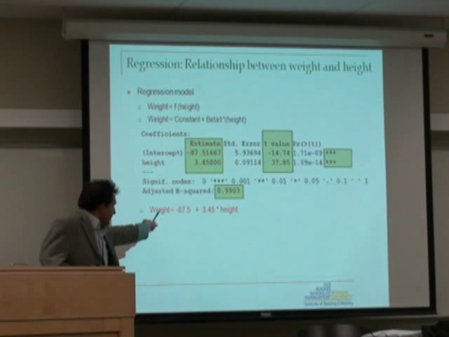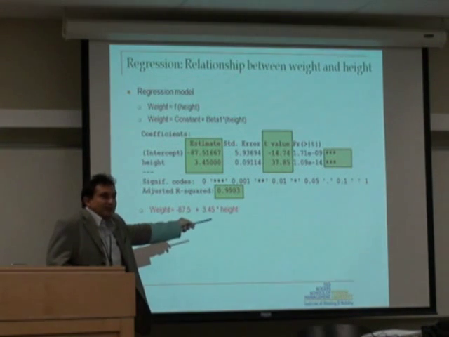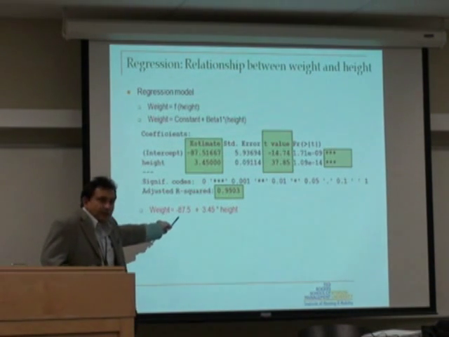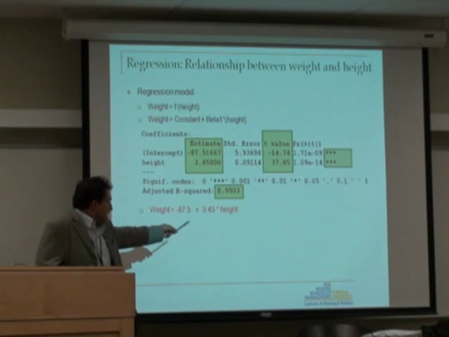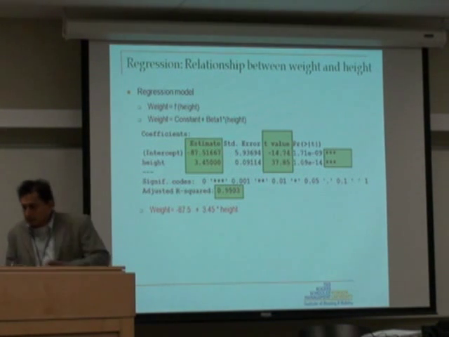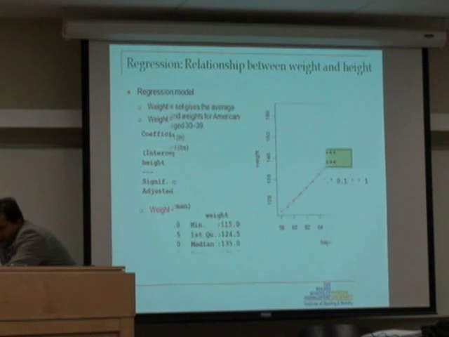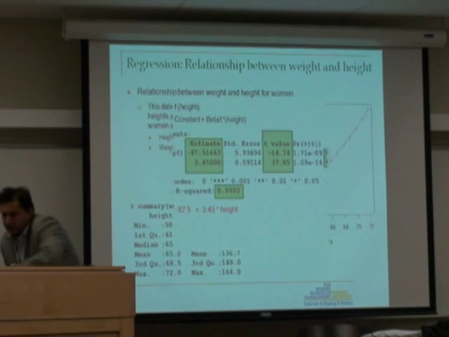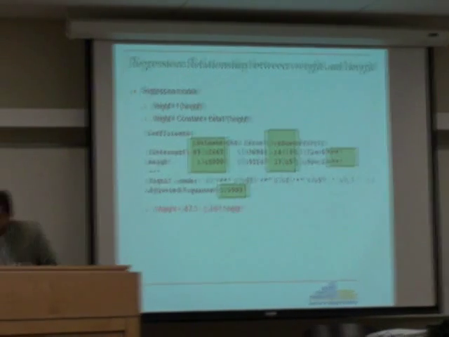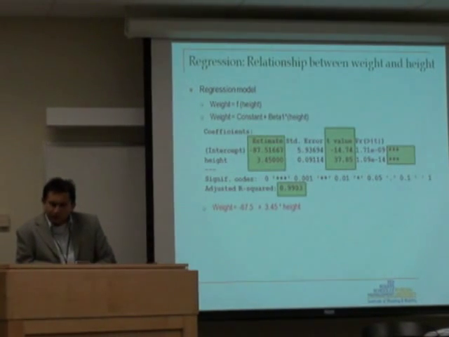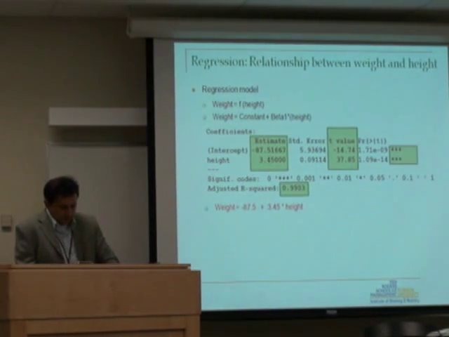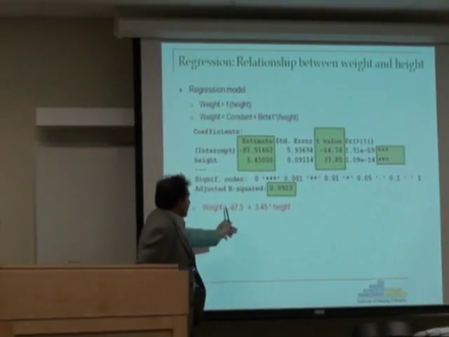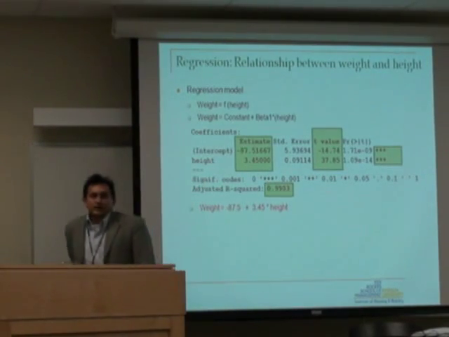Right? So what is happening is, since we do not have anyone with the height 0, right? Only then this negative weight is of significance if you have height as 0. But the minimum height in our data set is what? I'll just scroll back. Minimum height is 58 inches. So what is 3.45 times 58? So if you substitute 3.45 times 58, you add the intercept back, and that would give you the mean value for the weight. And if you keep on